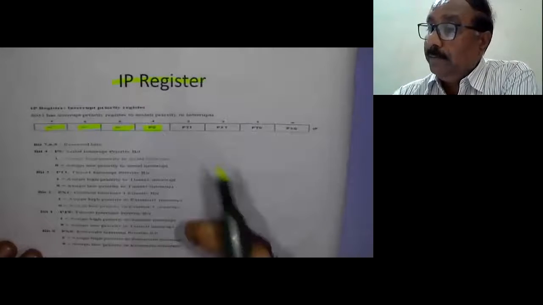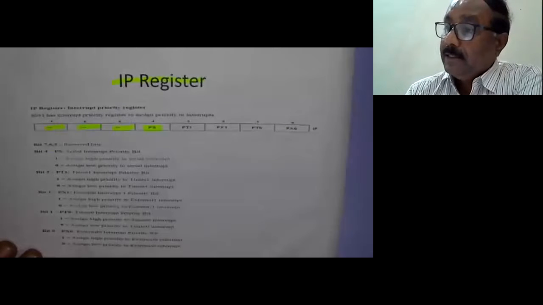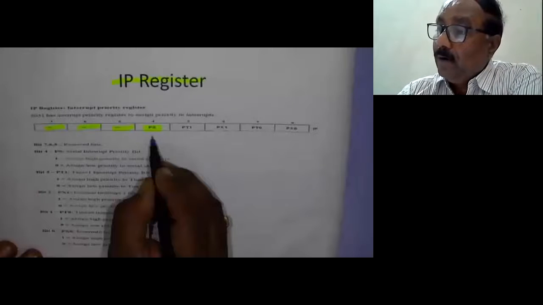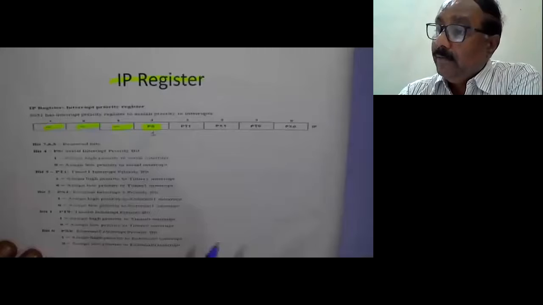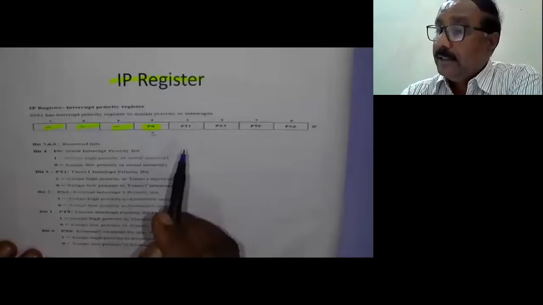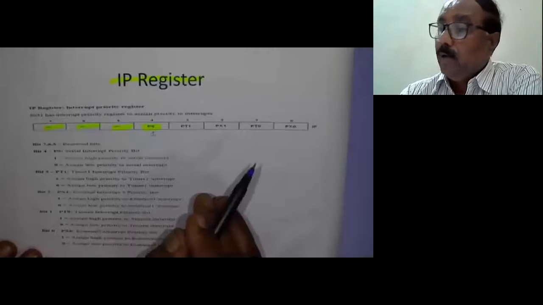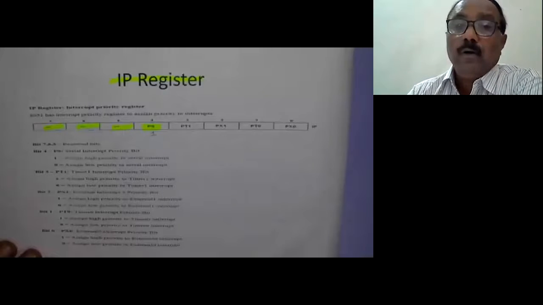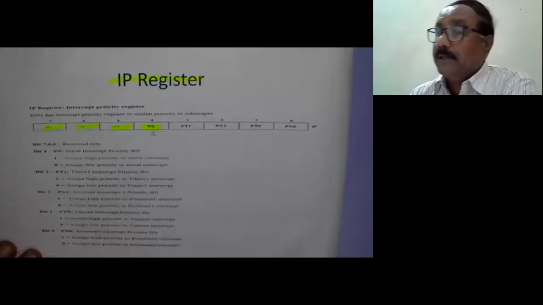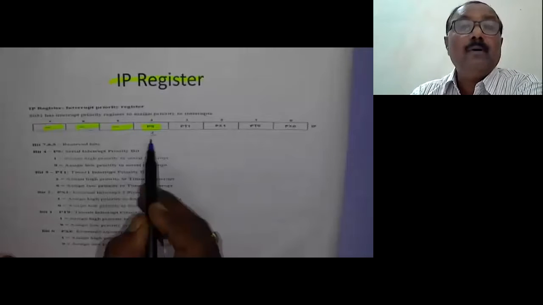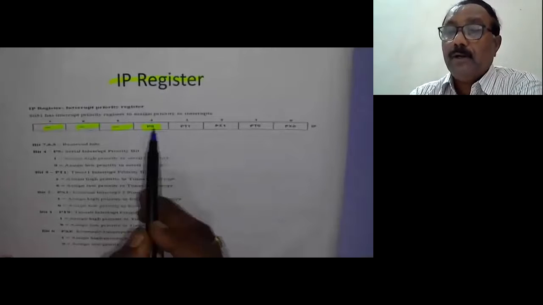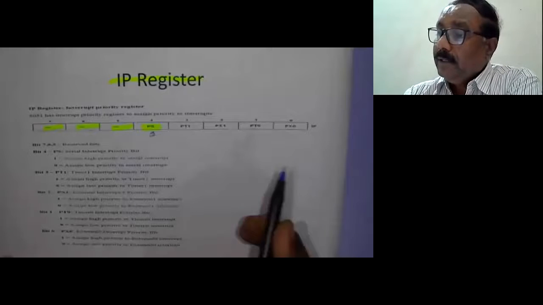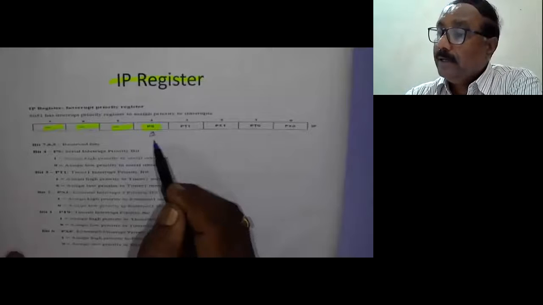Now the fourth bit is the PS bit. The PS bit is the priority for serial communication. By default, serial communication has the lowest priority. But if you want to make serial communication priority highest, then keep PS equal to 1, then it will give highest priority to serial communication. If this is 0, then it has low priority, that is by default the last priority.